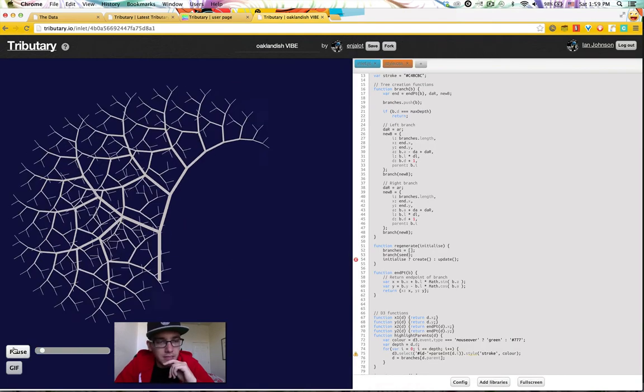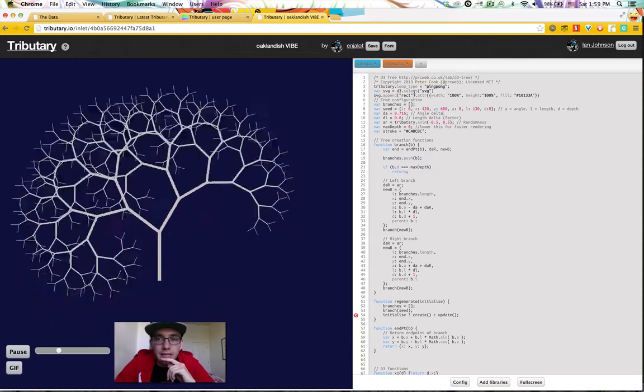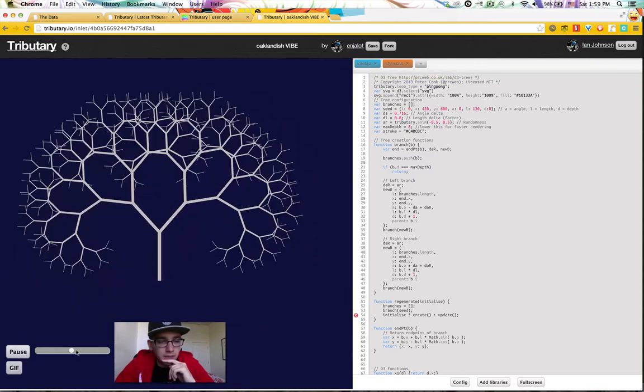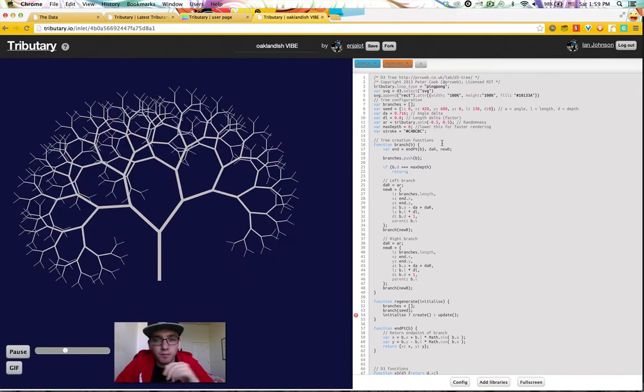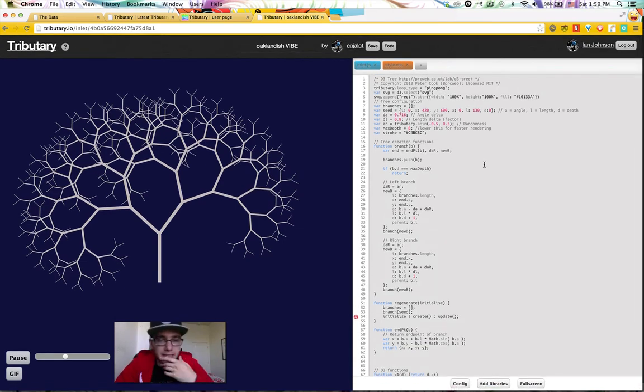Tree code that I found from PRC Web, Peter Cook here, and you can get to the original. I copied it into Tributary and adapted it a little bit to be able to tweak some of the parameters, namely the rotation of the branches, and animate it. And what I want to do is try to recreate the Oaklandish logo or something like it, decently close,